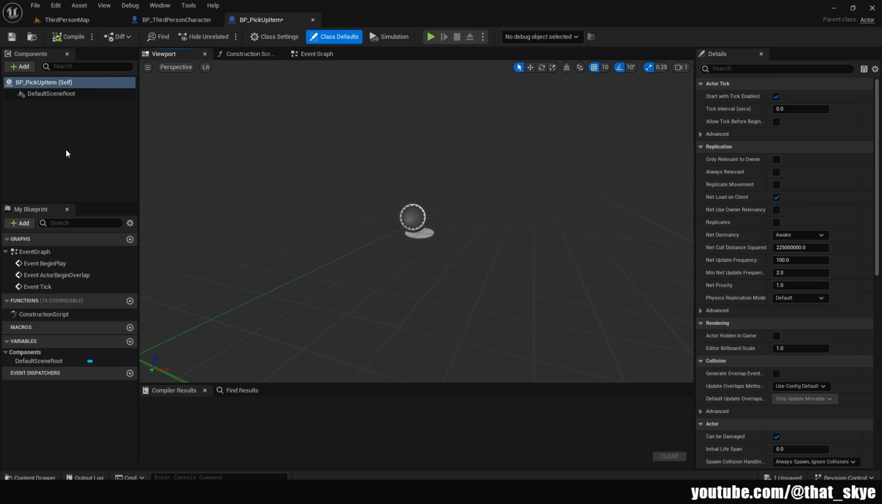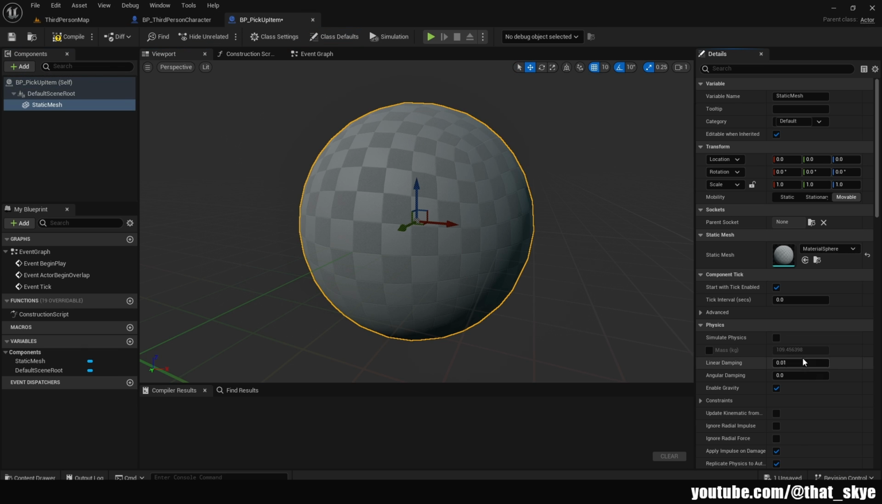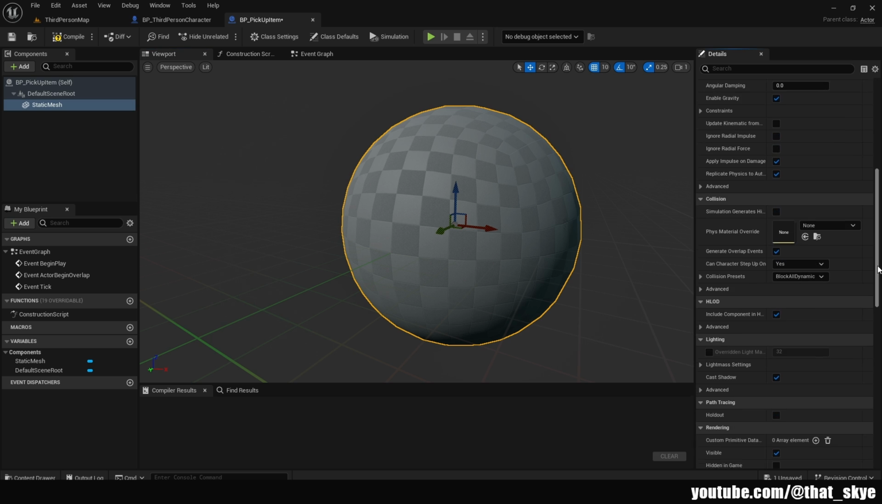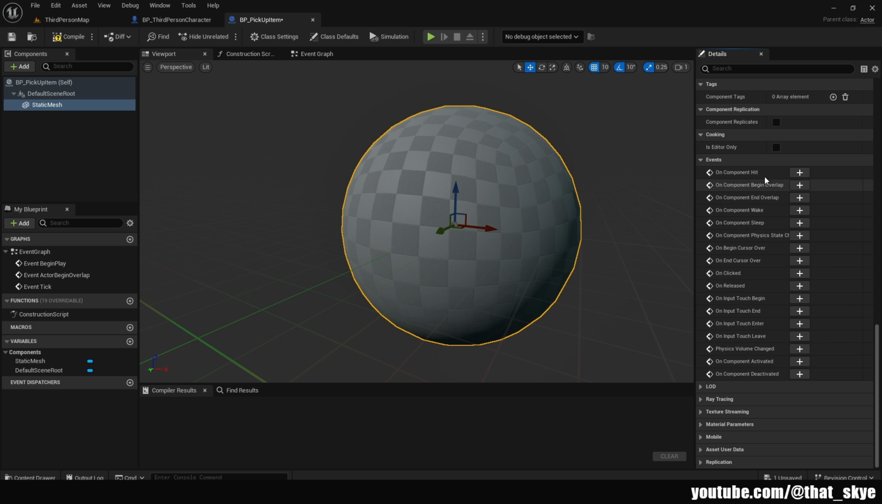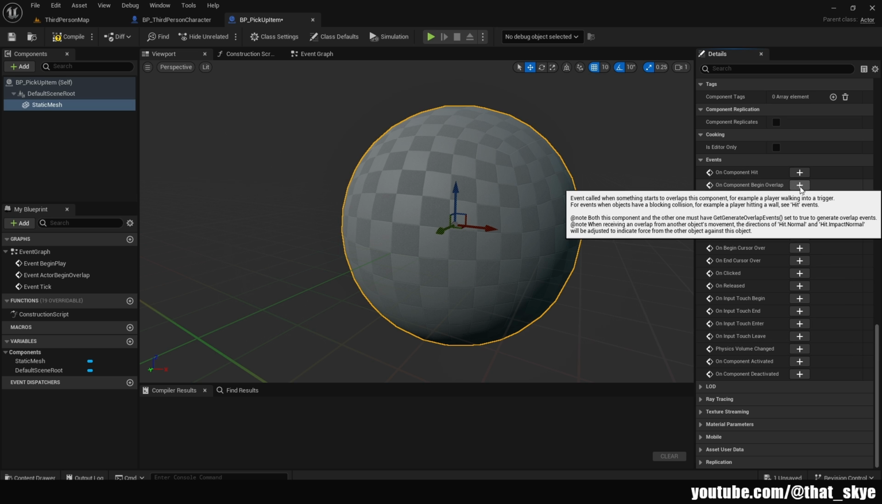We are just gonna add a static mesh. I'm just gonna add the material sphere just so that it's the same. Then we can go scroll down, and instead of block all dynamic, we want to change it to overlap all. Then we want to scroll down even more, and then we want to get the on component begin overlap and